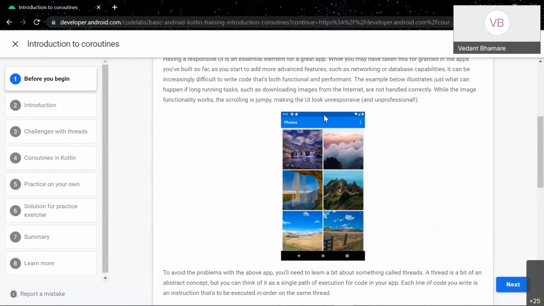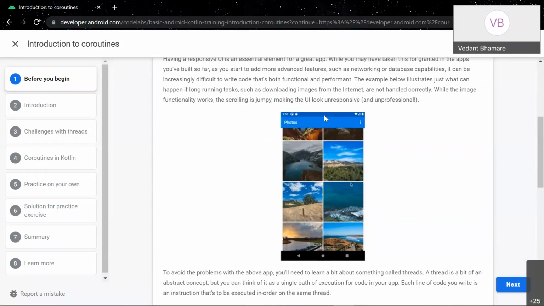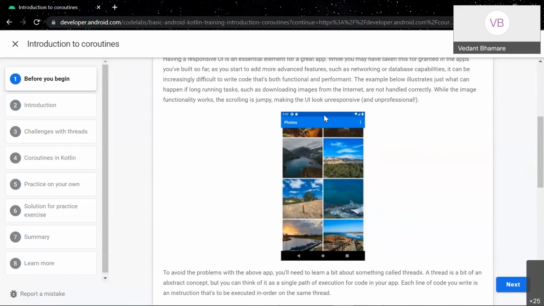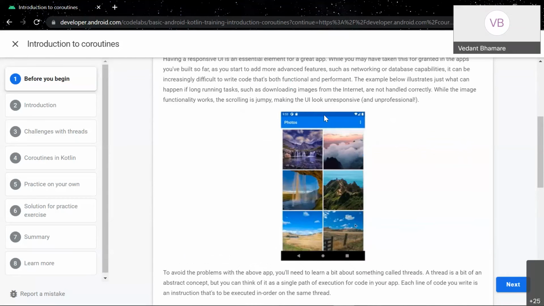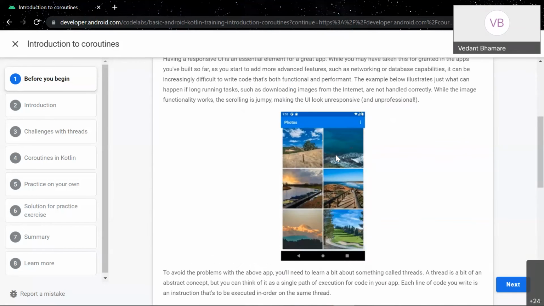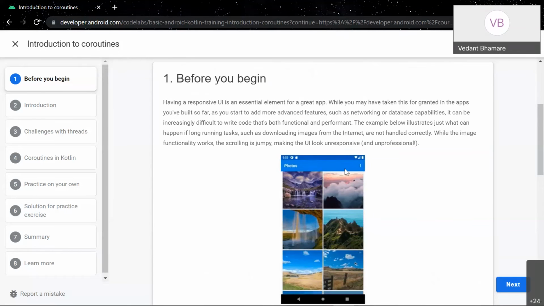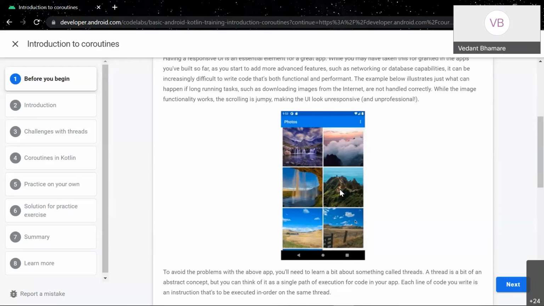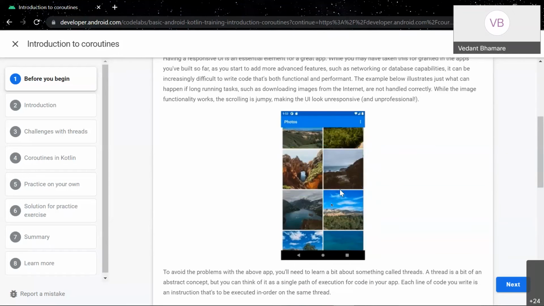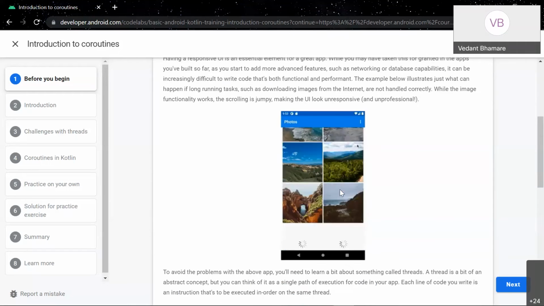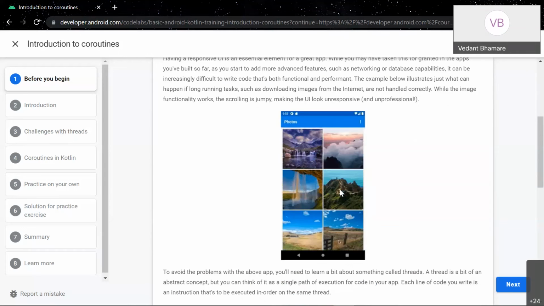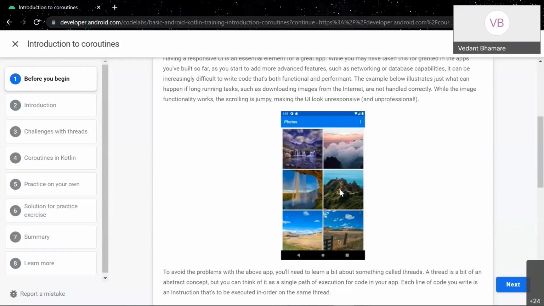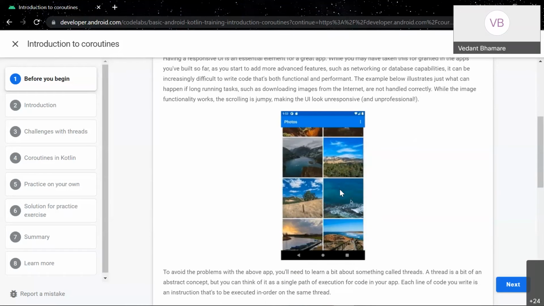I'll explain the concept of threading in short. Just consider that there is a thread, and everything we are doing, all the code we are writing or the application we are writing, is being run on the main thread. So whatever code we are writing for fetching these images is being run on the main thread, right? So your inflating the UI, making the API call to the internet, loading those photos, and handling user response and everything. And again, there are a few background tasks in the app. Everything is being run on the main thread.